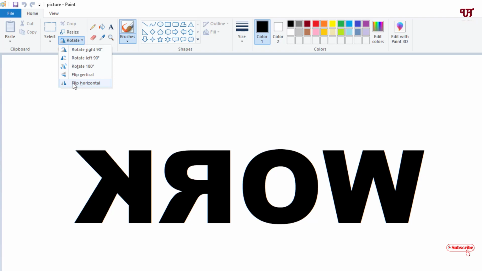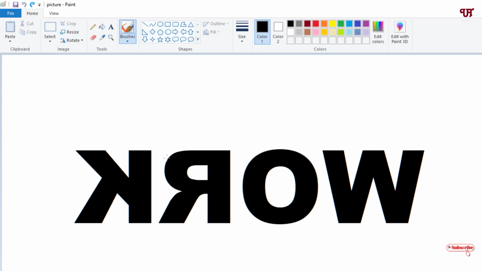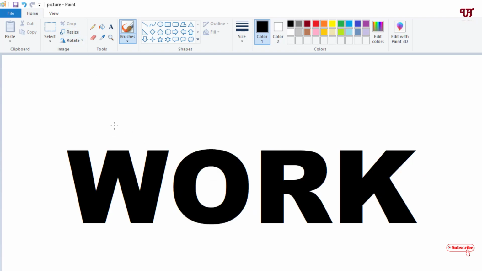Just click on this flip horizontal if your picture is in the mirrored horizontal position. Then once you click on this, voila, now you can see what is written. So the actual picture you can see here is the mirrored text picture. Now just by clicking that option, you can get the real name or the real word of what it is representing. So this is the first step to fix such mirror text pictures without using any third-party software in Windows